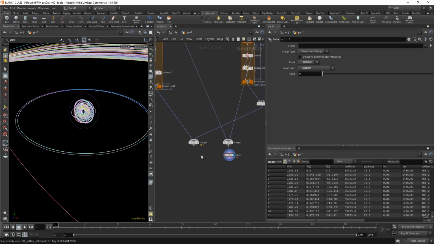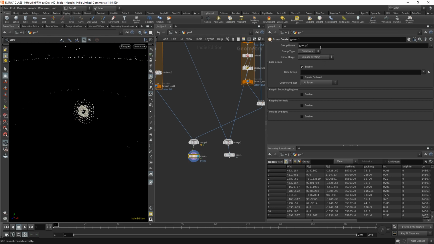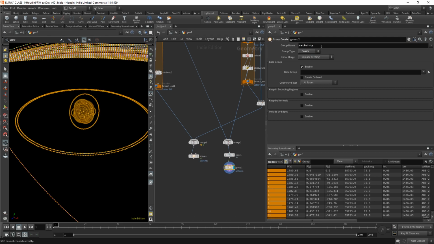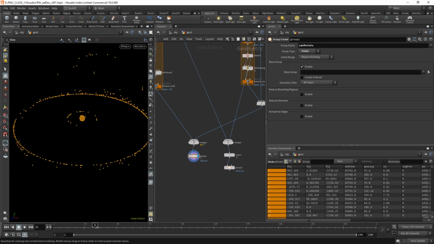And then we're going to group these up. So we're going to throw in a group SOP for all of the satellites. We're just going to call this sat points. And we're going to make this group orbit lines. Great. So now we have all of our satellites defined, some of which are animating, some of which are geosynchronous,